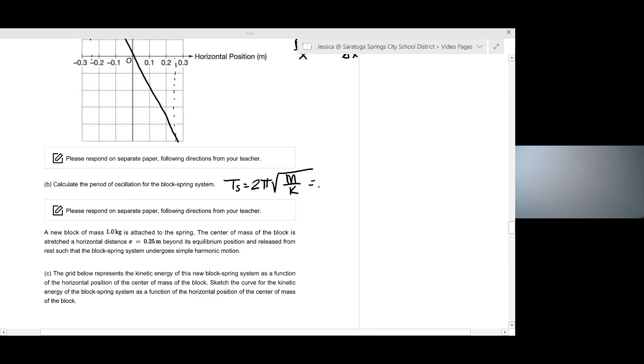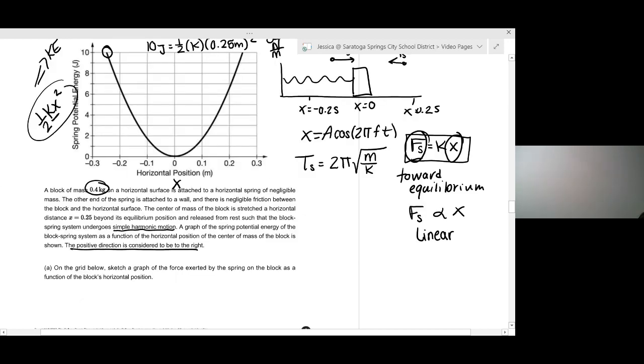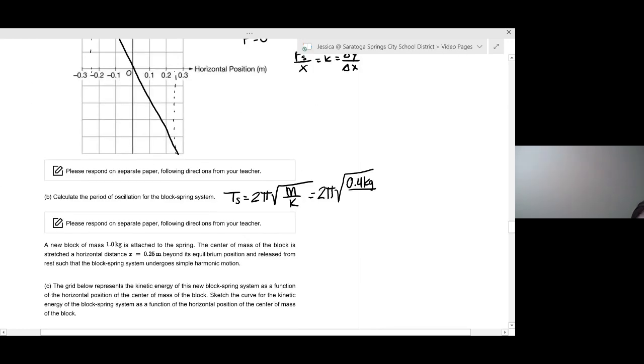So 2 pi square root 0.4 kilograms. I think that was the mass. Yep. Over 320 newtons per meter. All right. So we've got to do the square root. Nope, 0.4 divided by 320. We're going to square root that, then times 2 times pi. I get a period of